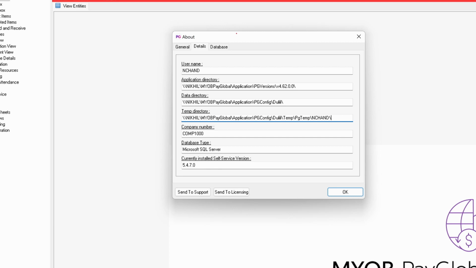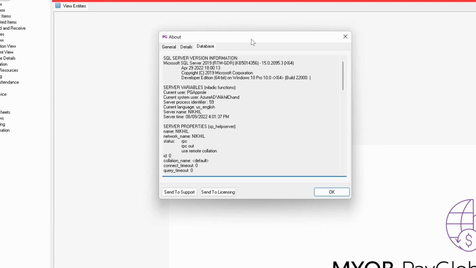The last step over here is the database tab, and the database tab is also important because it gives you some insights of the database. So this application is currently hosted on the database, and it will also tell you the version that it is hosted on. You can see this is hosted on SQL Server 2019. One of the other things that you can see over here is the server property. So this is currently hosted on this server name, and if you scroll down over here,